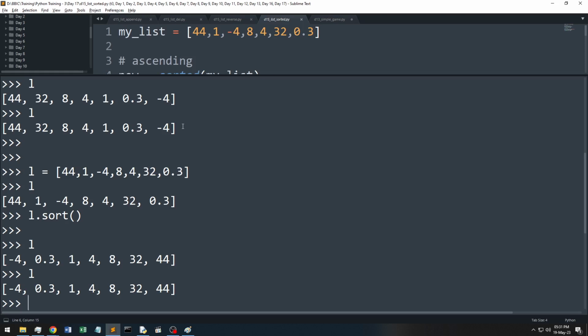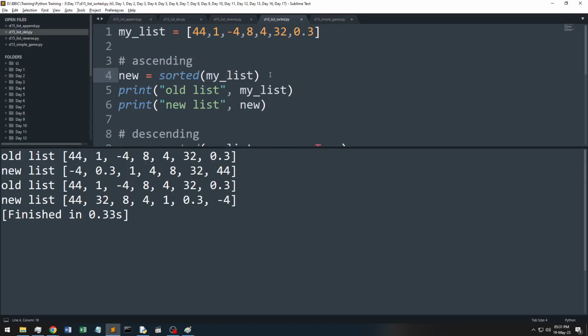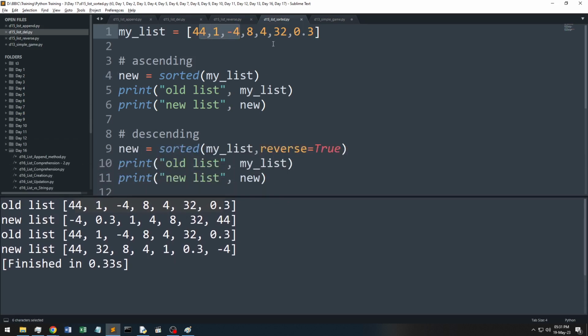If I want to avoid changing my original list, then I can use sorted. What will sorted do? Here, the original list will not be changed. See my old list: 44, 1, minus 4, 8, 4, 32, 0.3. My old list is not changing. Why? Because I'm using sorted. Sorted will arrange the elements in ascending order and save them into a new variable. You can use any variable. Example,